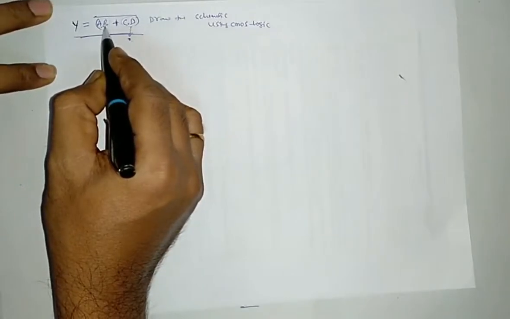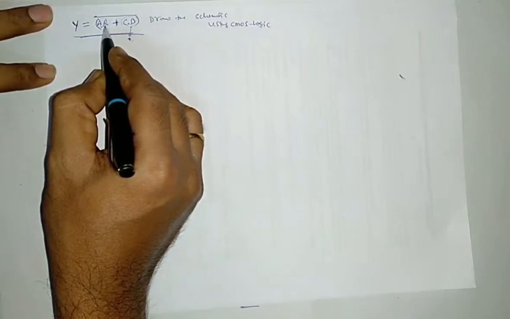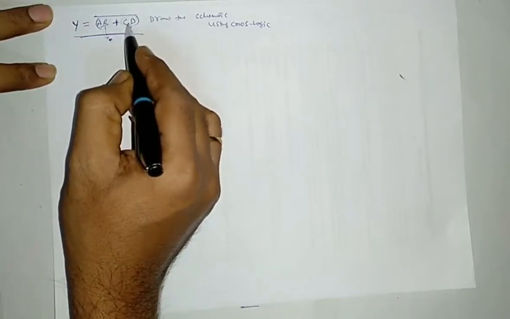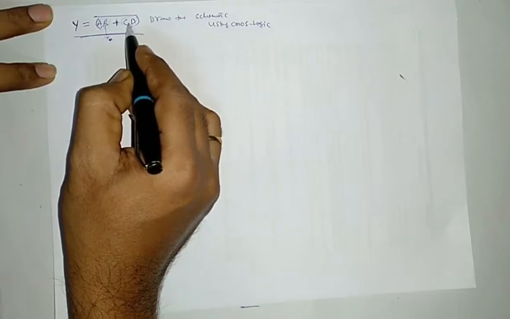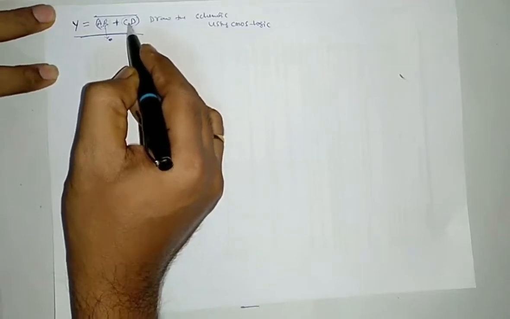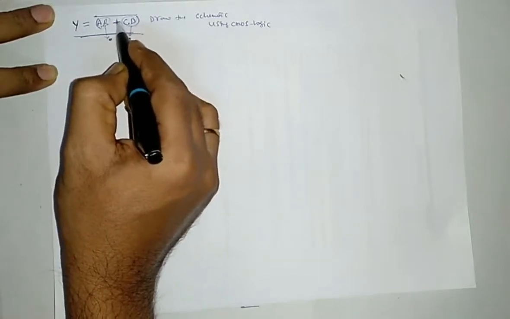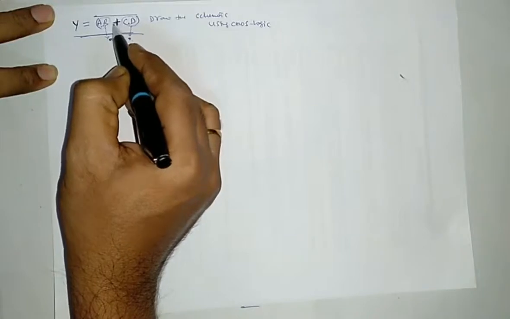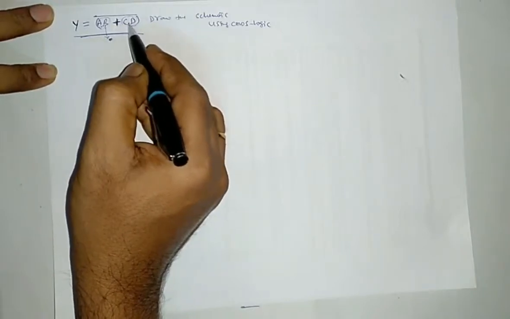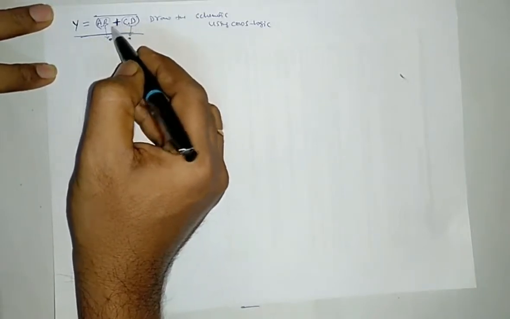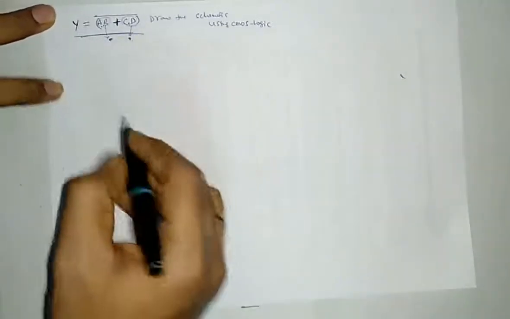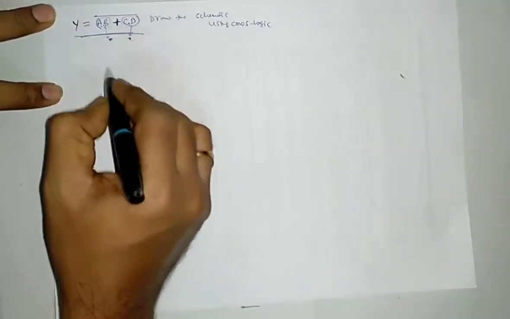How to generate a product term in PMOS? If you connect PMOS transistors in parallel, you will get a product term. If you take NMOS, they should be in series. Similarly for this, you have to draw the PMOS transistors in parallel to get a product term. Then this combination and this combination should be in series. PMOS transistors should be in parallel, and NMOS transistors in series. So let us see here A and B.